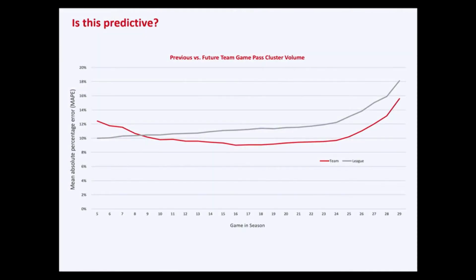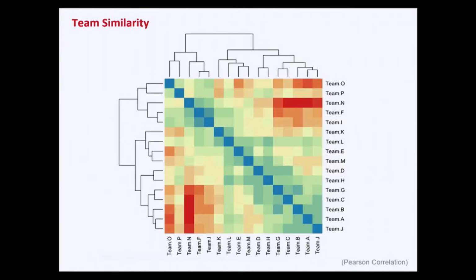Now, this is cool. This shows that it's a fairly predictive way to look at how a team is going to behave in the future. But how do we actually use this? One way to do it is to look at team similarity. How am I doing for time? Okay. This is a simple Pearson correlation